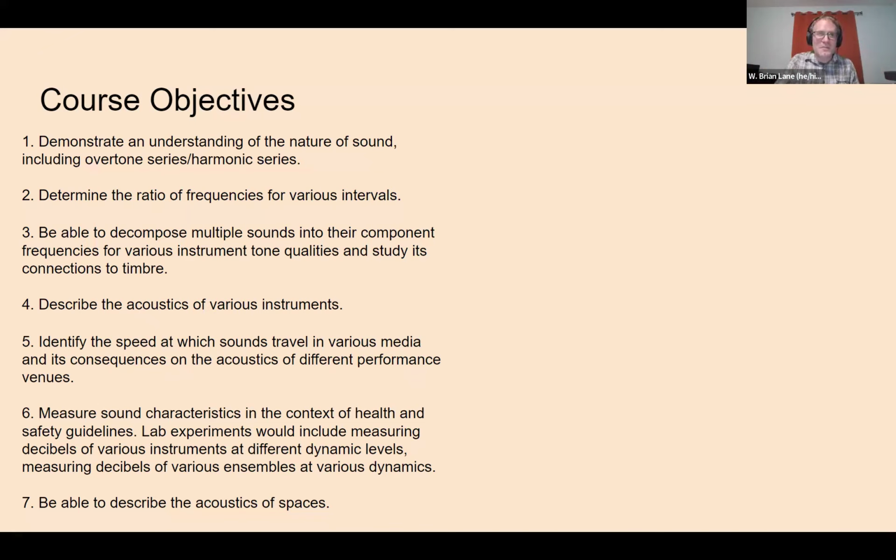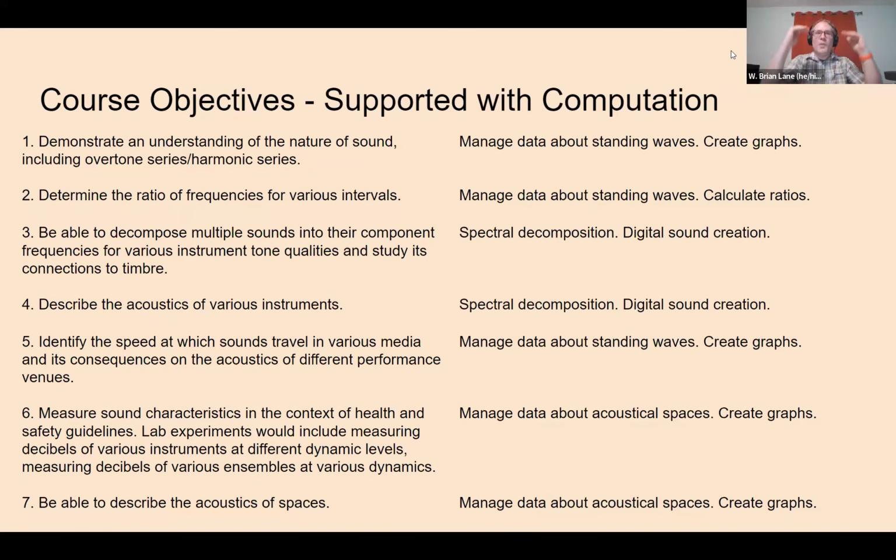Now, when I saw those objectives, like a good PICUP person, I identified right away how computation could support every single one of those objectives. Because when we think about sound having a series of harmonics, I think about how to manage the data from a standing wave experiment and do stuff with that data, like create graphs and calculate ratios.